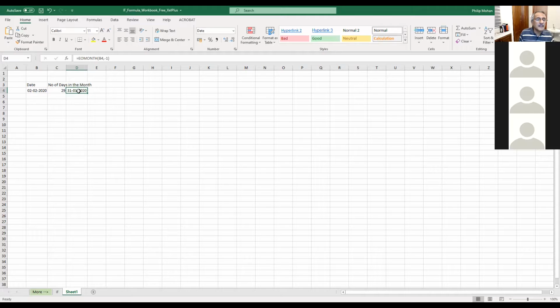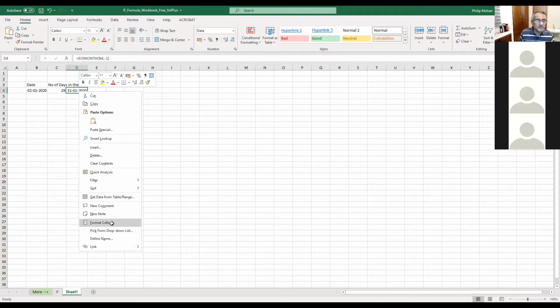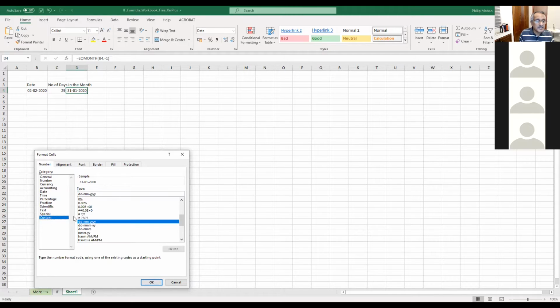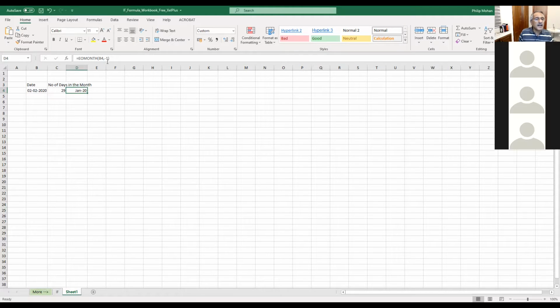Format it with custom, and you just say MMM or MMM-YY, you get Jan 20. If you put -2, you get December 19. And if you put +2, you get February, March, April.